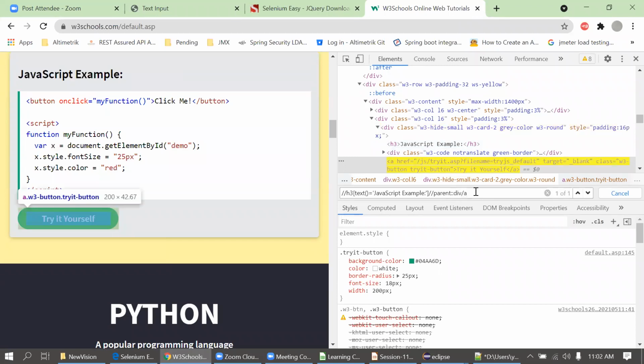Then I will go down here using a method, not @. So text is equal to, try it yourself. By using this keyword also we should get the parent locator. So this is an alternative way. Instead of dot dot, we can just replace it with the parent method. Okay, fine. So moving to the next question.